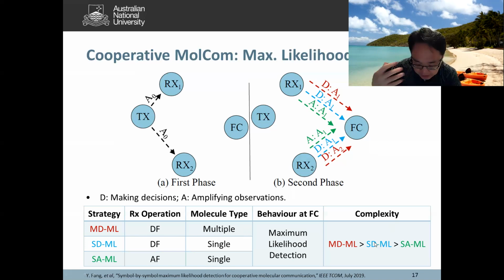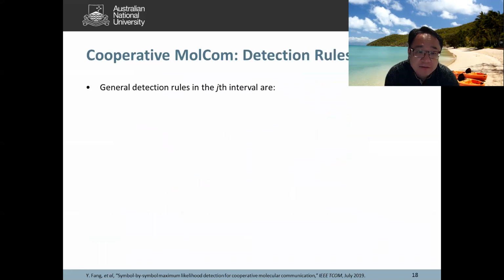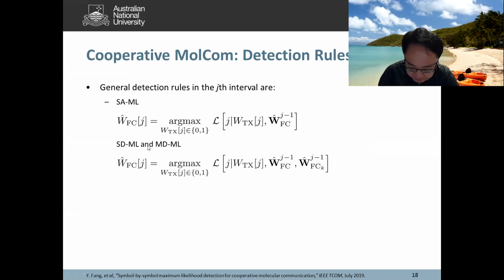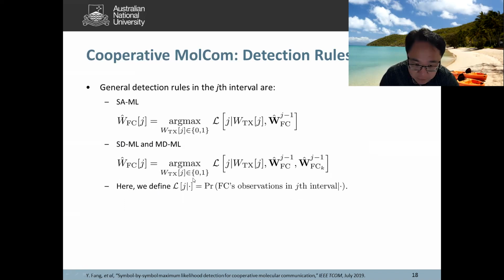And then by introducing these 3 strategies, we have derived the detection rules. For this case, the general detection rule in the jth time interval is given by these expressions. For SAML, the simplest one, we derive the general detection rule given by this. And if the receivers use decode and forward, we derive the general detection rule for the SDML and MDML strategies using this equation. And here we define this L function as the probability of the observation at the fusion center in the jth interval,